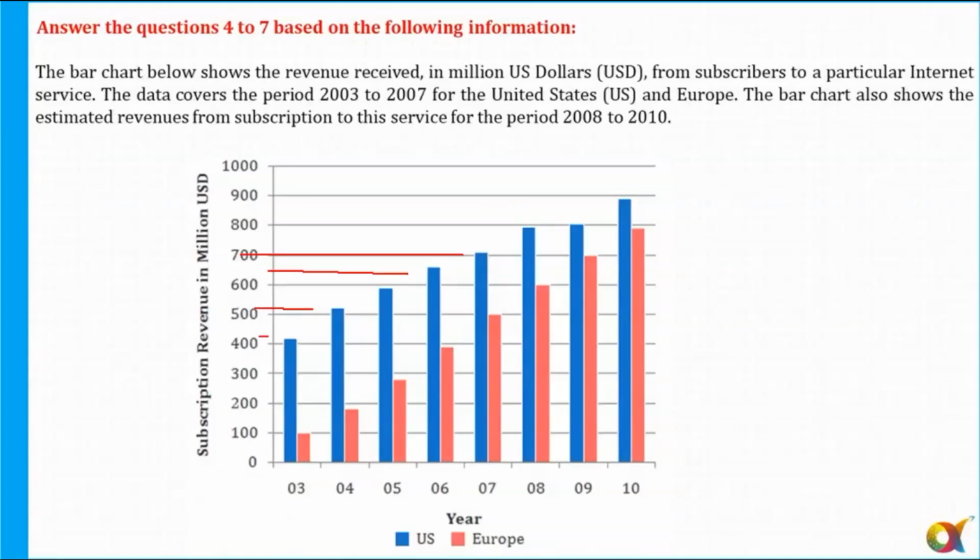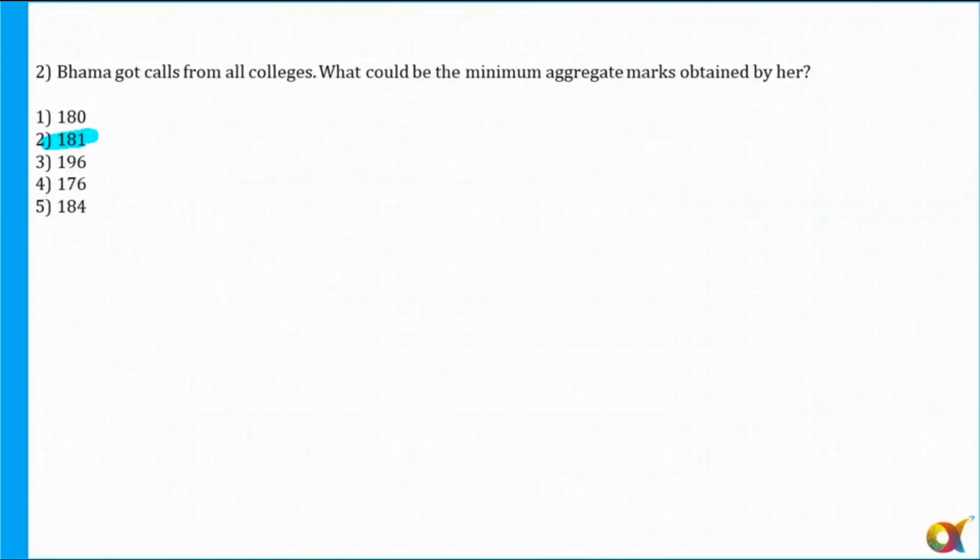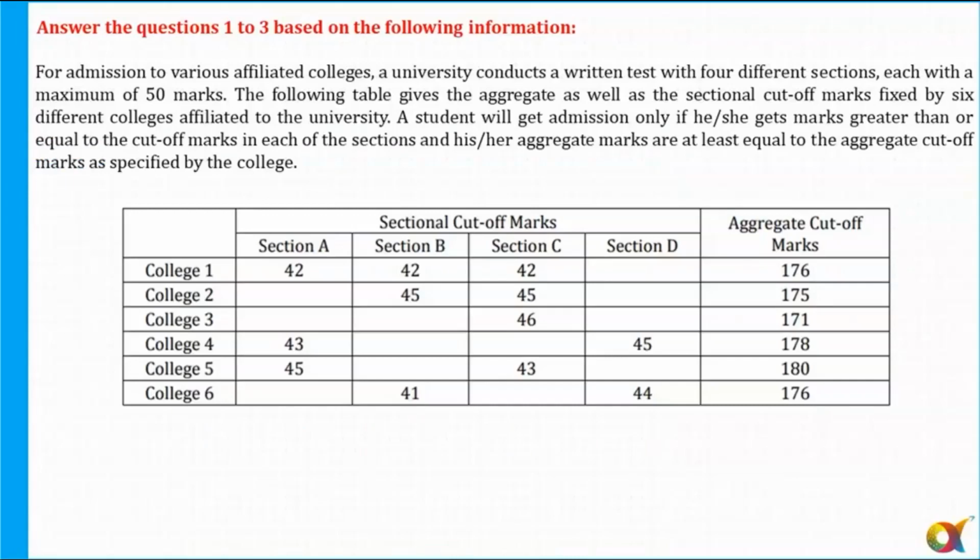But what I used to do, since at that point of time it used to be an offline paper, you can take help. You can just draw one line like this and guess approximately what the value is here. Okay. So 8 to 10 was still easy when it comes to the calculation based DI which were there. 1 to 3, maybe some of you might get wrong answers also, but yeah, that was definitely doable. So let's start without wasting our time. Okay. So I'm going to share my laptop screen and then we'll start with the discussion.